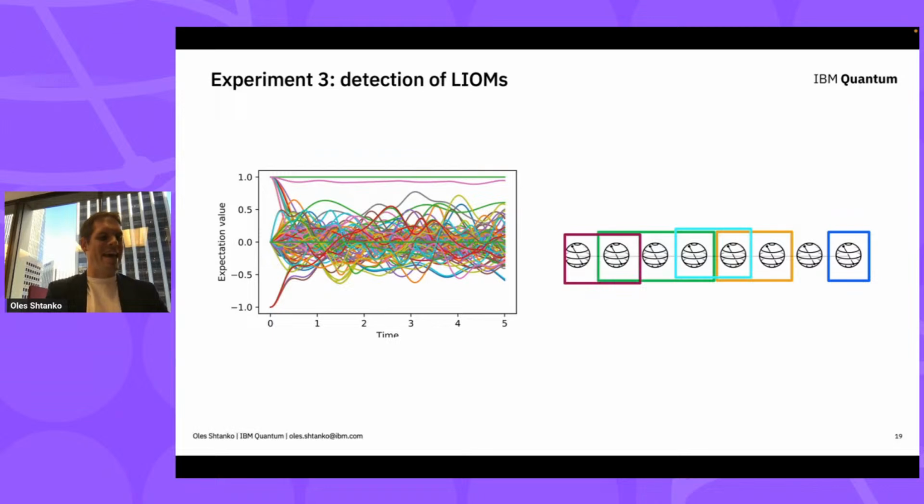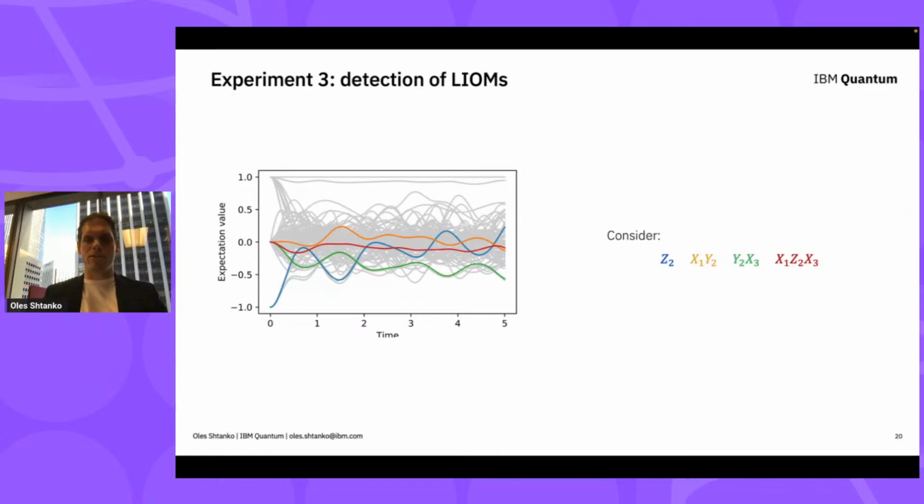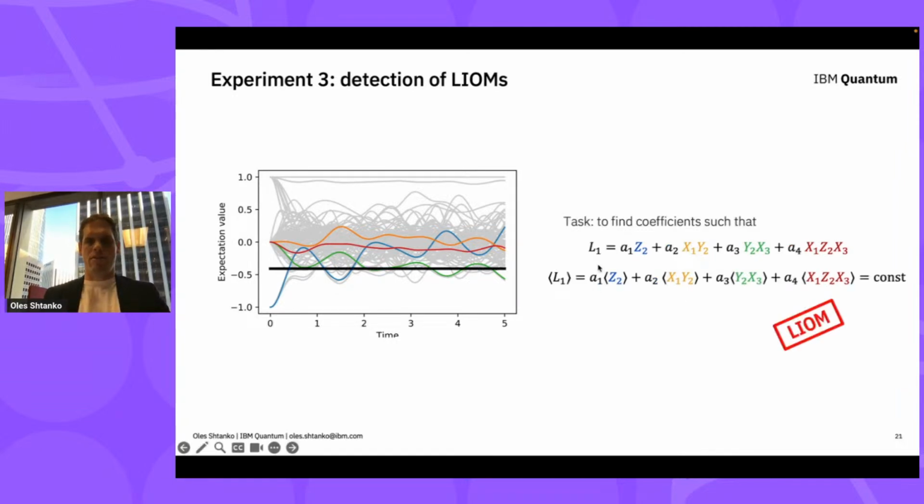And if you're familiar with the scene, it is exactly what we're trying to solve here, right? We see all this entangled dynamics, and what we want to do is define a few operators. Here it's only 4, but in real life it's much more than 4, such that we can find coefficients, we call them A1, A2, A3, A4, such that the expectation values, what we see on the left, if we sum them together, give you a constant, something constant in time.